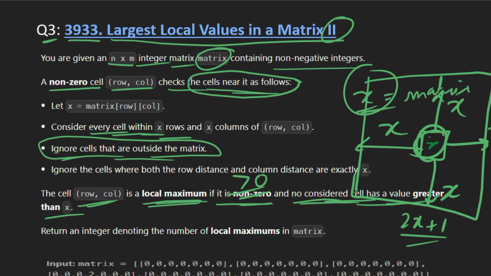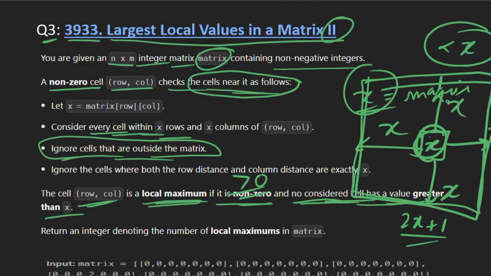So this cell has the value x. If all the cells present in this square have a value lesser than x, then this cell will be considered a local maxima.